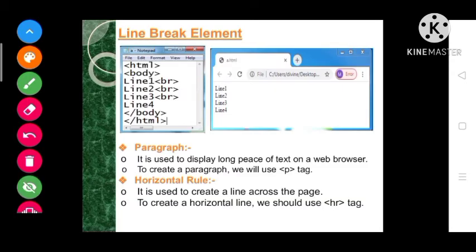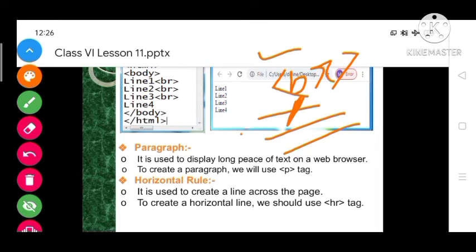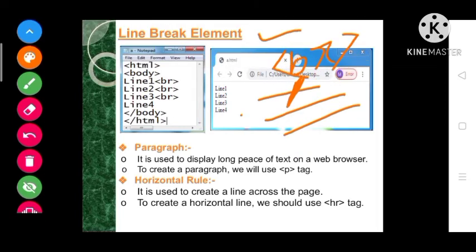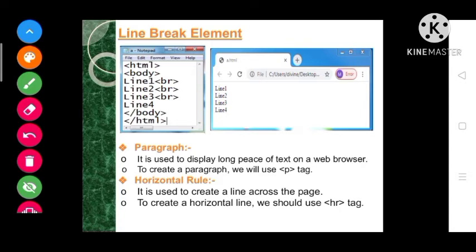Now I am going to explain the line break element. Generally the line break element is used to break a line. If multiple lines are there and you want to break anywhere in a line, generally 2-3 lines are given and you want to break the line from here, then you should use the BR statement or BR element. Automatically that line becomes broken. You can see one example I have given also: line 1, then break, then line 2 comes. So maybe all the things are clear up to here.